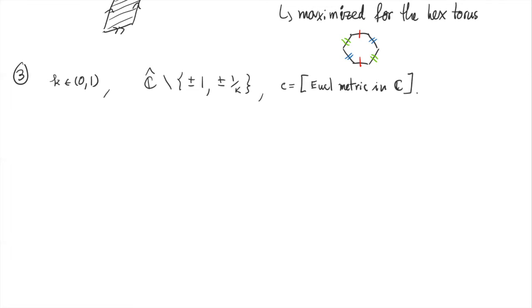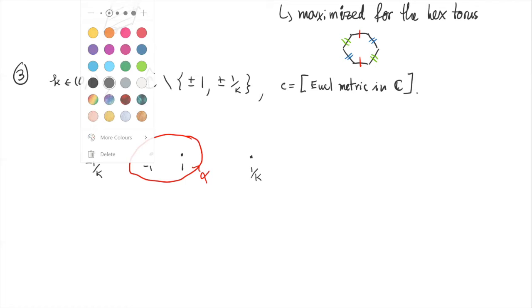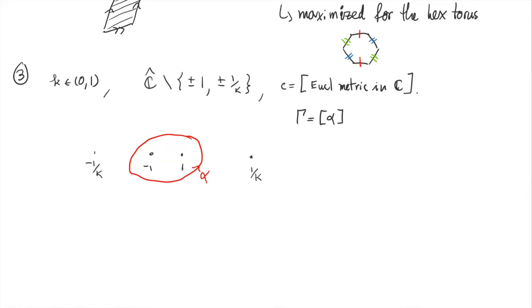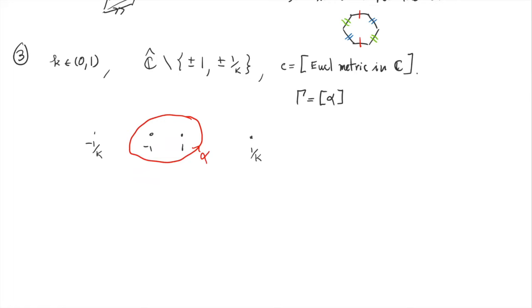And then what is the family that I want to look at? So I have these points, minus 1, 1, minus 1 over k, 1 over k. And I want to consider the curves that are homotopic to this closed curve alpha surrounding minus 1 and 1. So gamma here is equal to the homotopy class of alpha, which I denote with square brackets. Okay, so the result is that the extremal length of this thing is equal to a ratio of elliptic integrals. So it's 4 times capital K of little k,